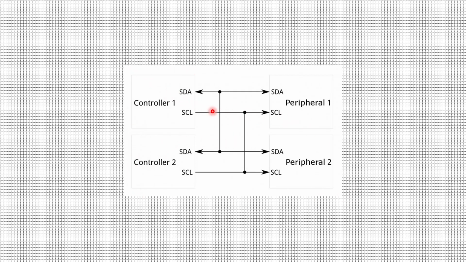So there are two controllers. So we have given the same data and the clock signal to the controller and the peripheral. So when the controller responds with the data, and one more controller can be